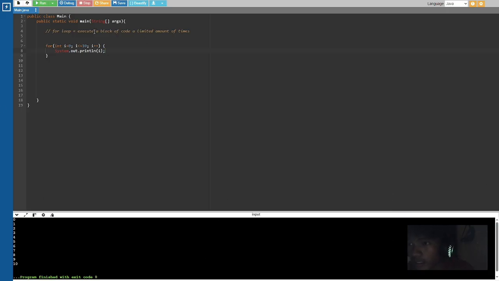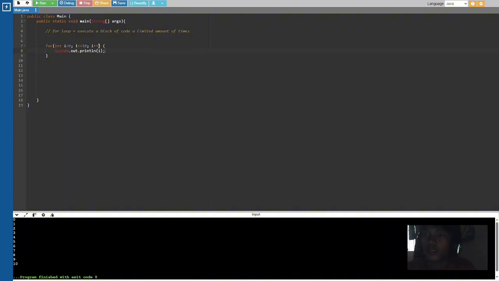As you can see, because it's indexing, it starts with 0. So 0, 1, 2, 3, and it ends with 9. Because every time this is true, it adds 1 until it is equal to 10.